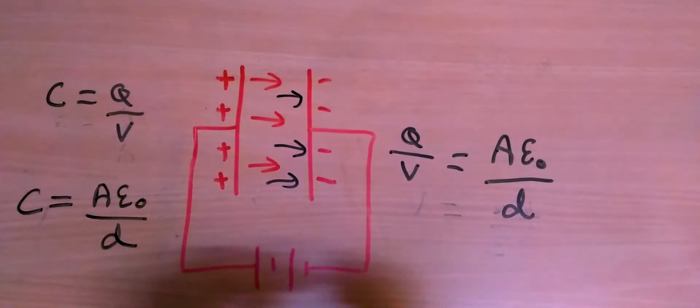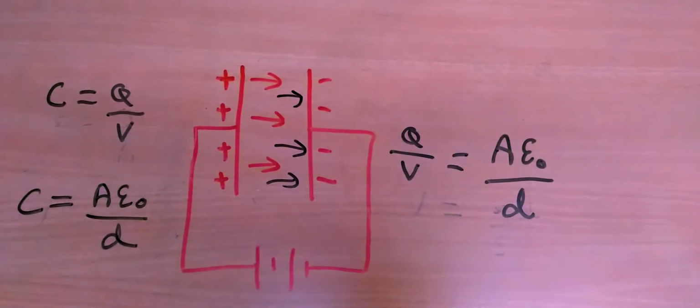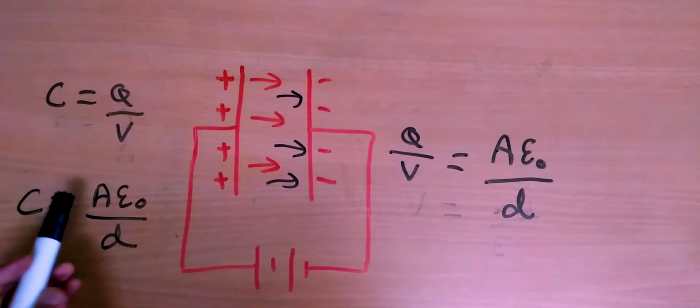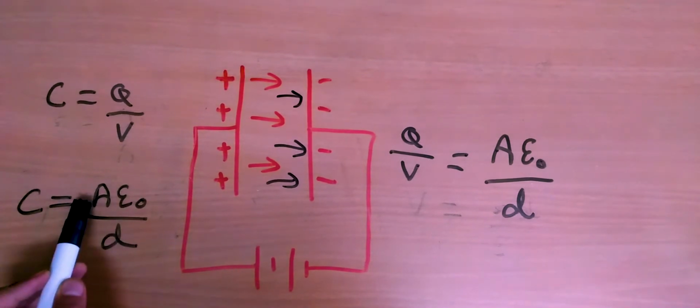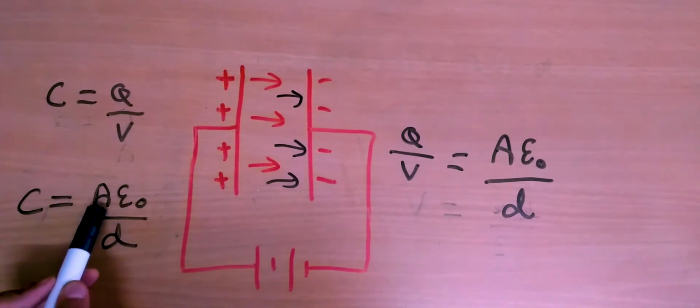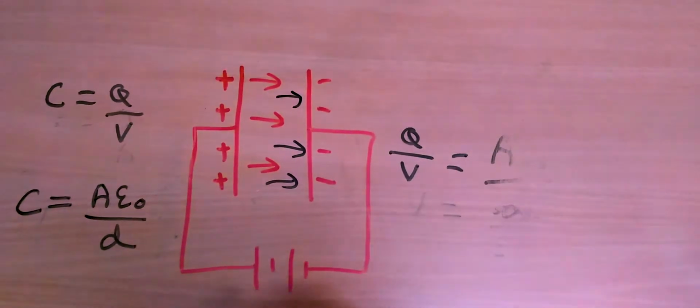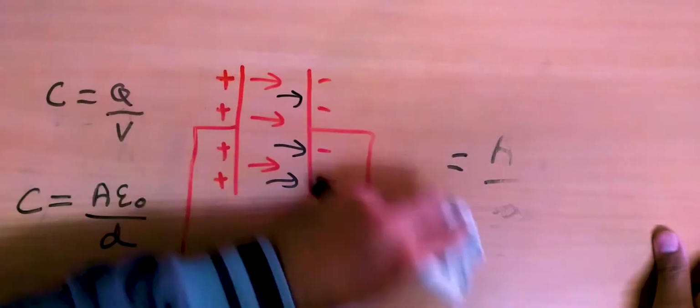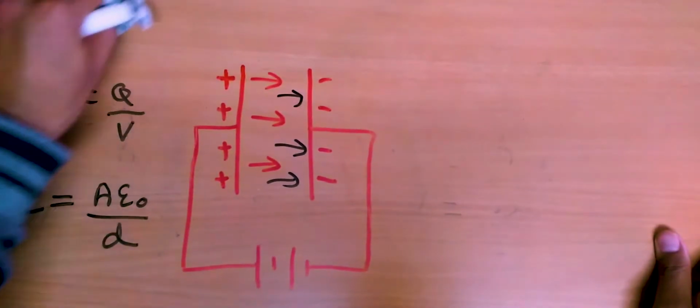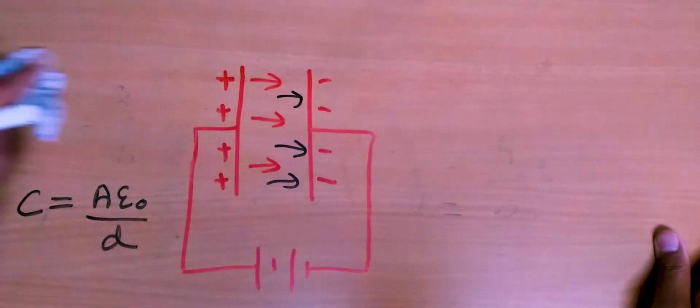As simple as that. So we finally found the expression for the capacitance, and this expression here tells me that the capacitance of a given capacitor depends on three things actually: epsilon naught, A, and D. What is A? Let's just focus on this equation here for a moment and analyze what this equation is trying to tell us. Let's remove everything else.